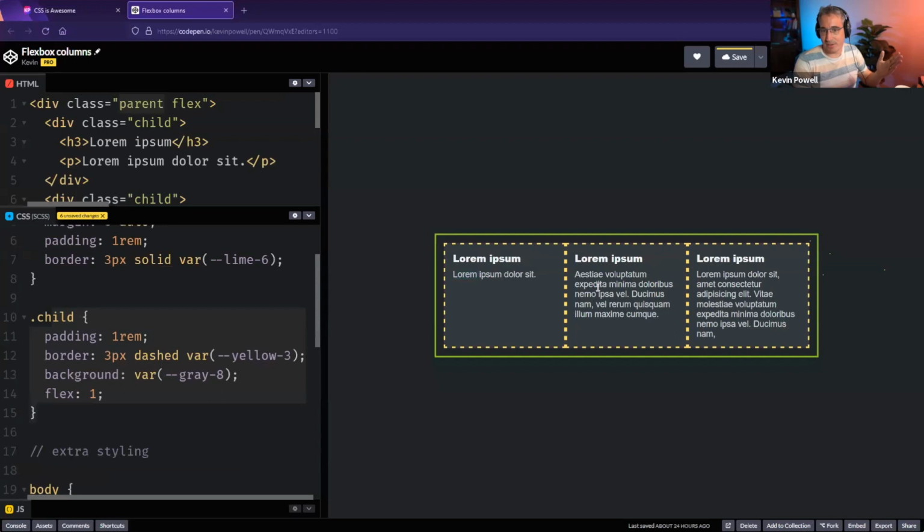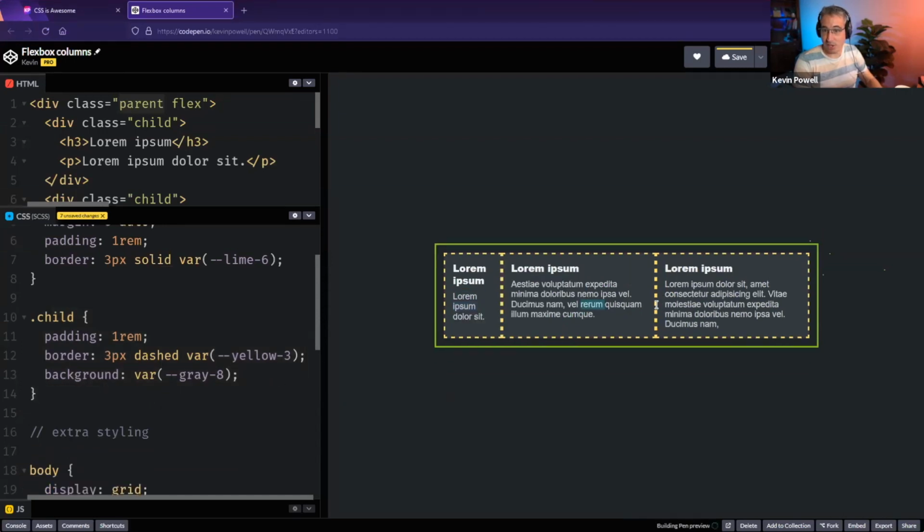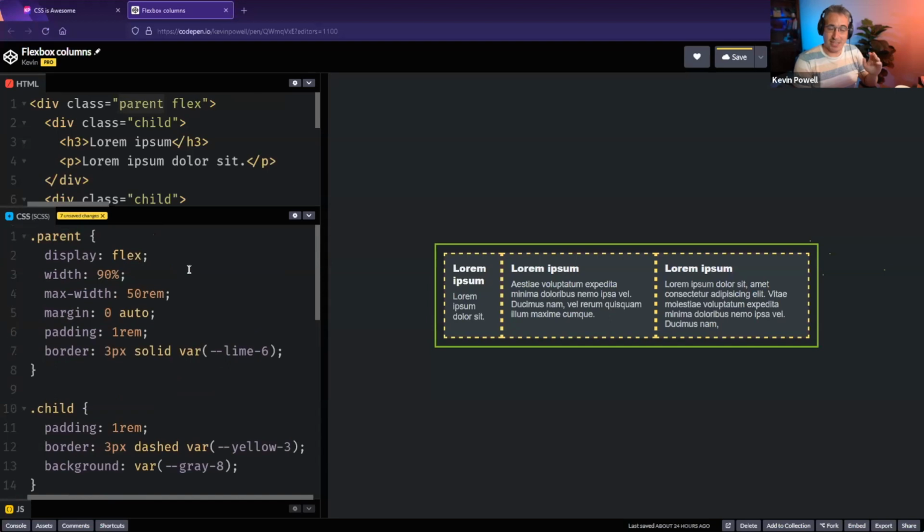The reason that they're so different if we don't do this is related to the content that's inside of them. This one has a lot less content, so it's not as big, basically. As I said, we'll get into why that's happening in a minute. But often you don't actually get this imbalanced content like this. You have very similar amounts of content, and you do your display flex, and it looks like you have 3